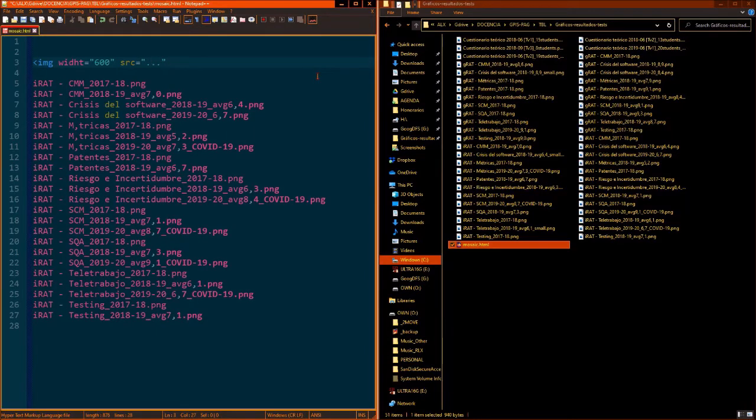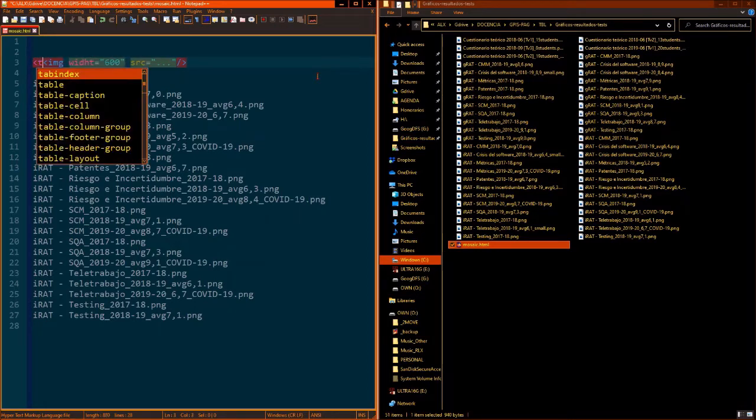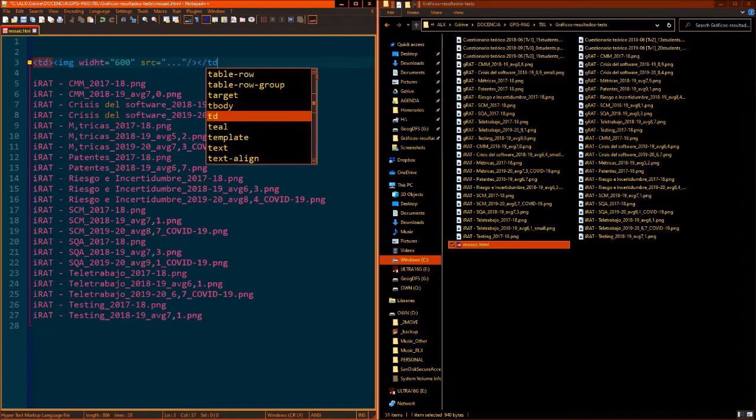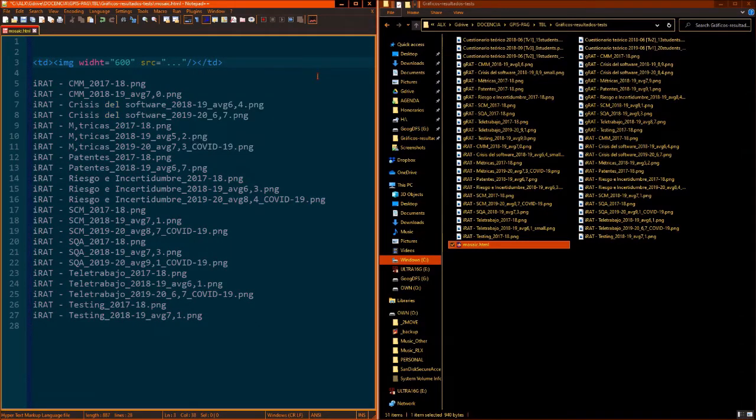Then I close the quotation marks, and then I close the tag. These image tags should be included within TD, table data cells of a table that I'm going to build. So I'm going to include the TD and /TD tags. Okay, that's fine.